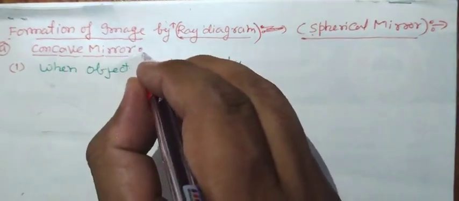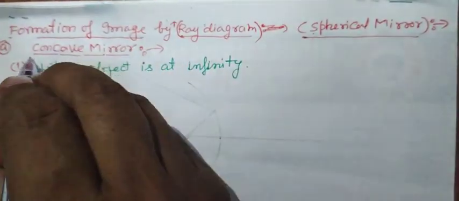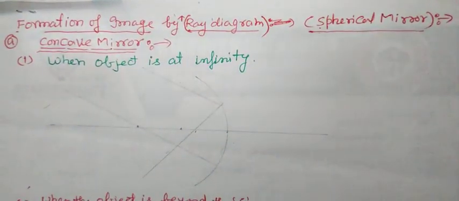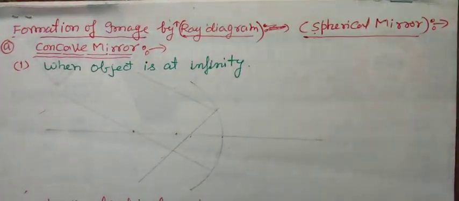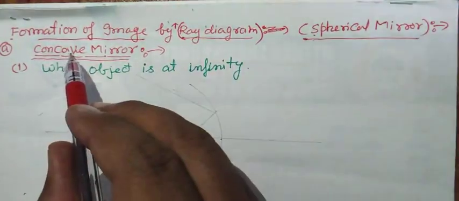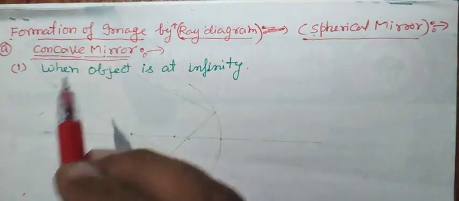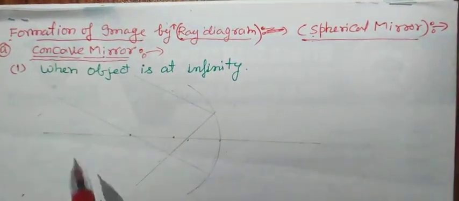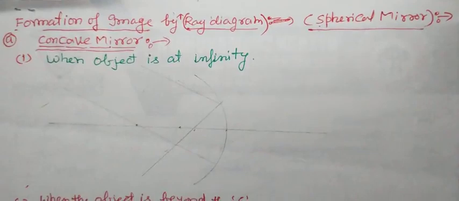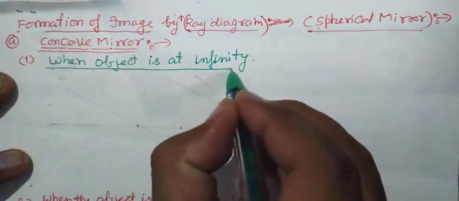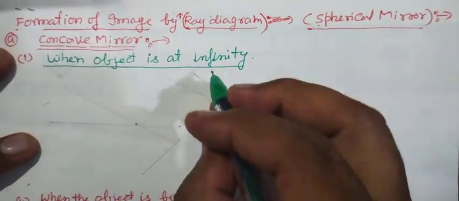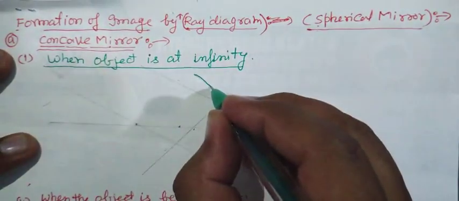using concave mirror. We will apply the rule of ray diagram while making it. So the image made by the concave mirror under certain cases, in that the first case is when the object is at infinity. So to make this, let us see a